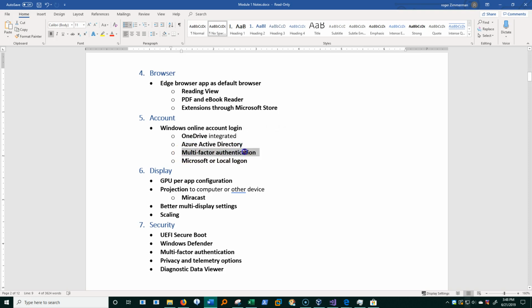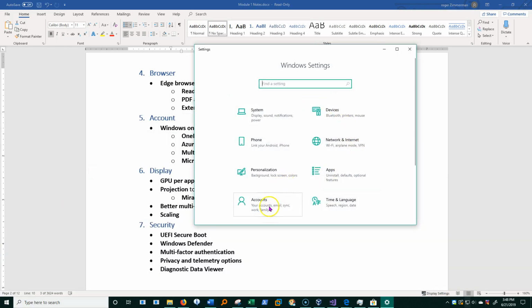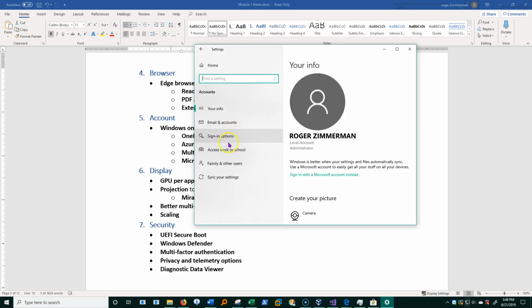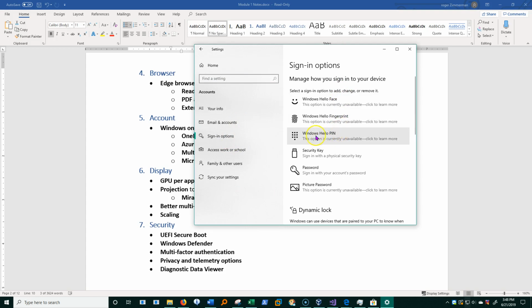We now have multi-factor authentication. And I'll show you what I mean by that. I'm going to go here to the Settings app, and I'll go down to Accounts and Sign In Options. And you'll see now that I can use pins and fingerprints and face recognition and all sorts of things as two-factor authentication.